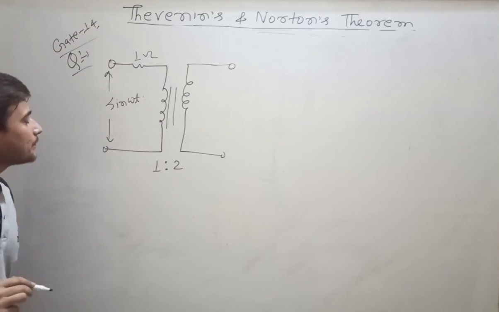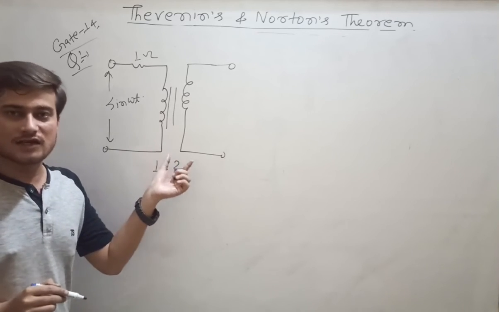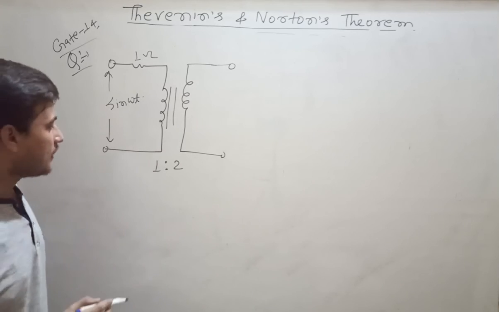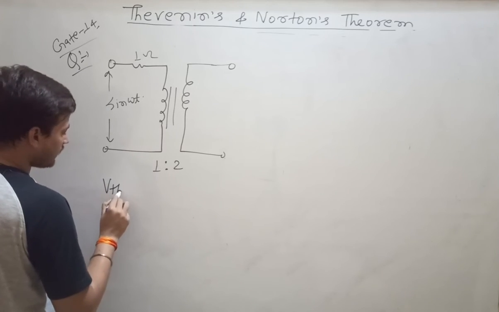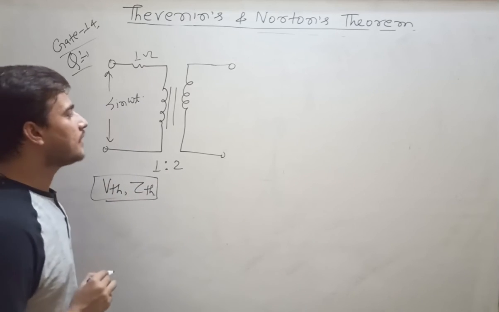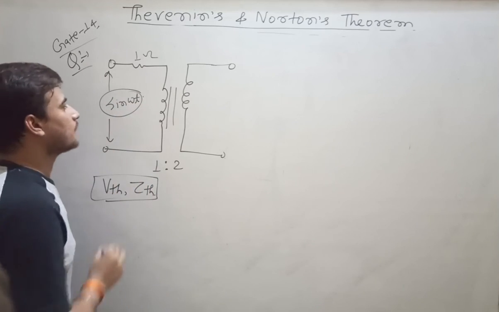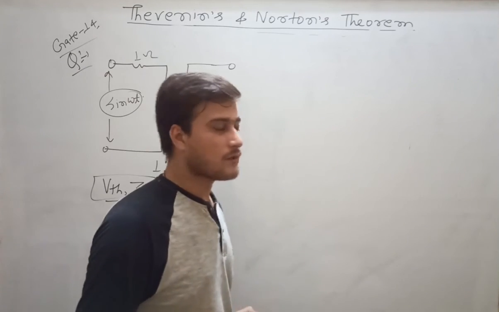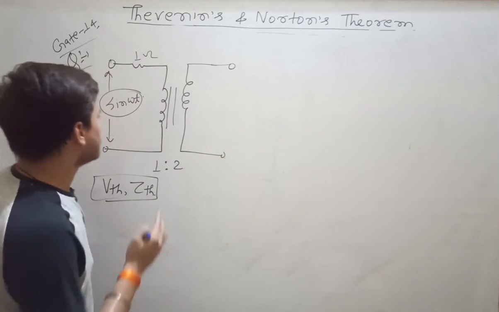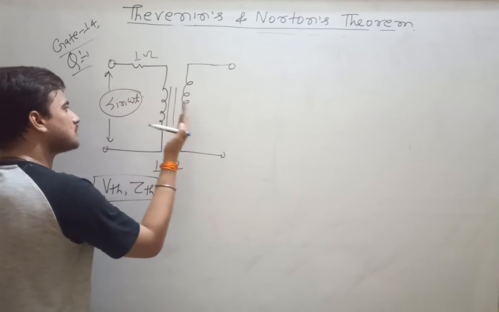Clear? Now they are saying this is the ideal transformer. You have to find VTH and ZTH. So let us see how to find VTH and ZTH. Here the potential is sin omega t. And this terminal is already open circuited, so when you refer the voltage of primary to secondary,